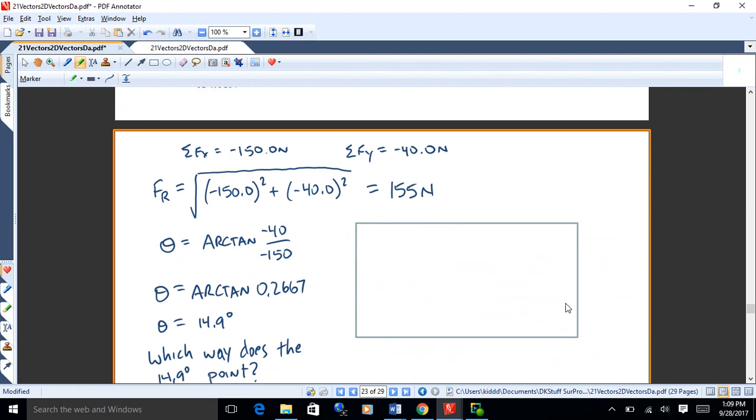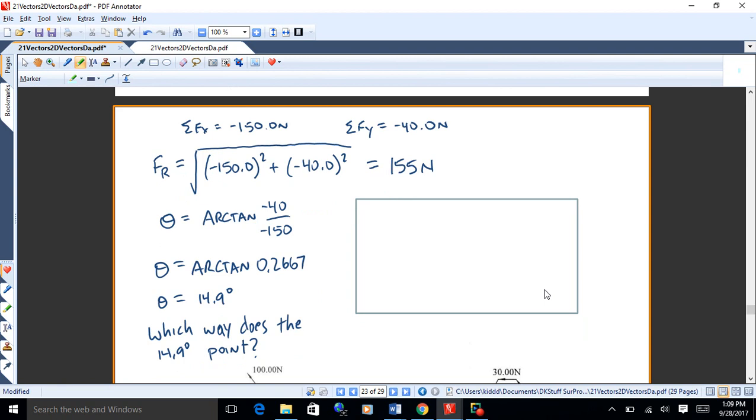All right. So what we can do now is we can find the magnitude of the resultant by taking the square root of the sum of the squares, and that's 155 newtons. And then we can also find the angle at which the resultant acts. This is all information that we might like to know. And that comes out to be the arctan of the sum of the y over the sum of the x. Remember to put your signs to include that in here. So I'm getting the arctan of -40 over -150, and that gets me the arctan of 0.2667, which is 14.9